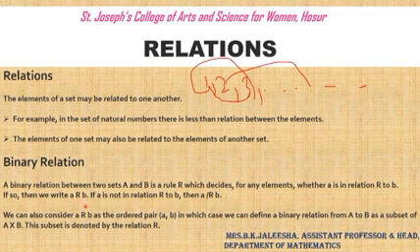Here I am showing small a, capital R, small b, which means a is related to b. If the relation does not exist, it is denoted as a is not related to b,